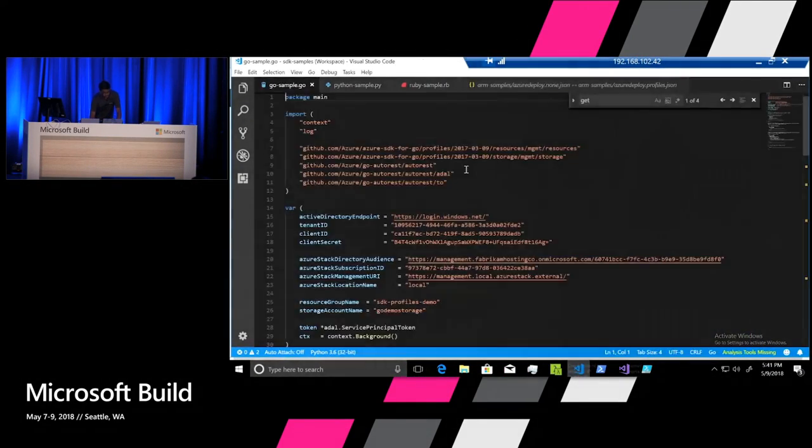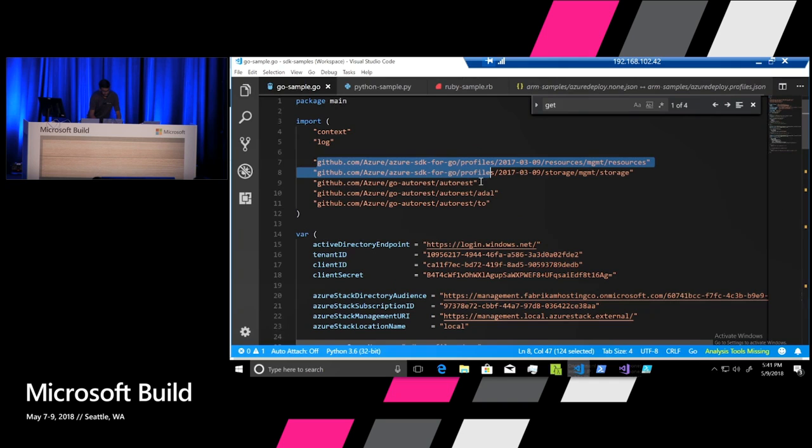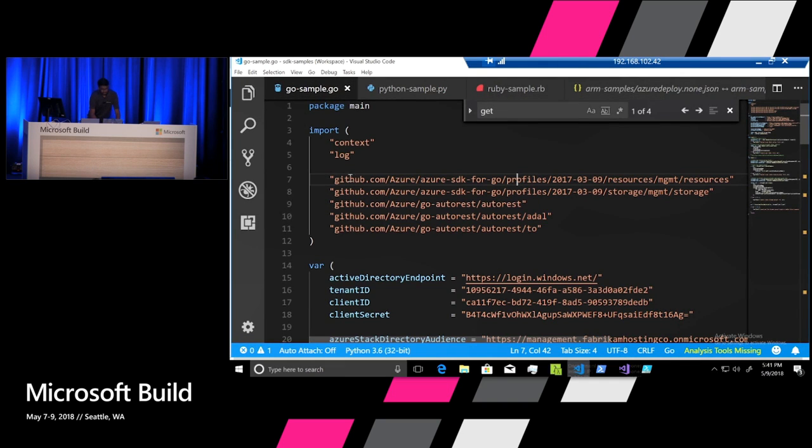First, we'll look at Go. It's a very simple Go package. If you look here though, let me just zoom in. The way I implement, how many of you are familiar with Go? Okay. So the way I vendor and import these resources is I say import the Azure SDK for that particular